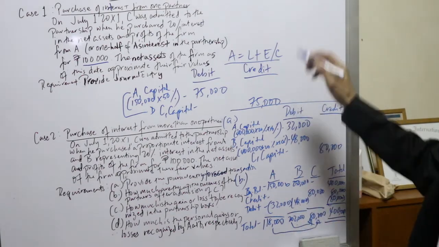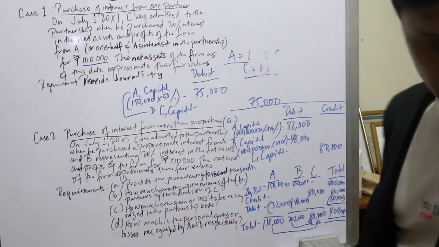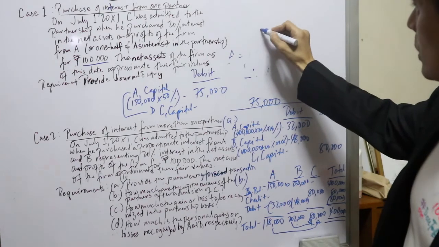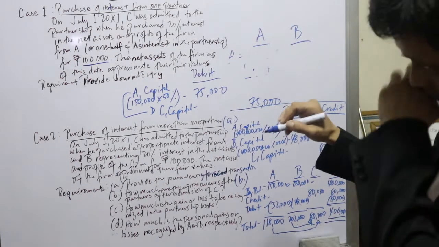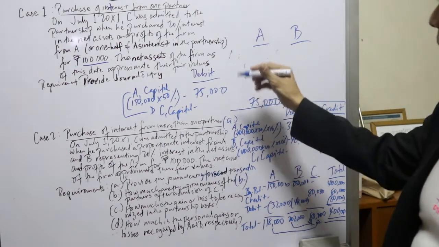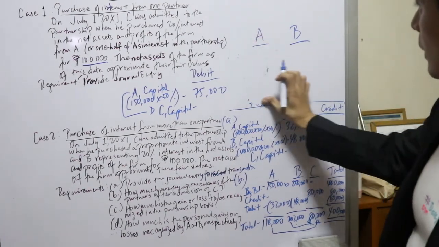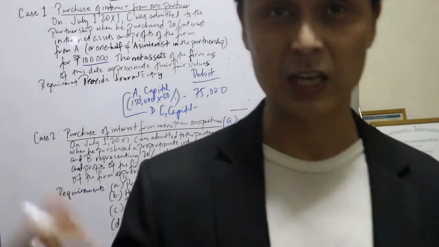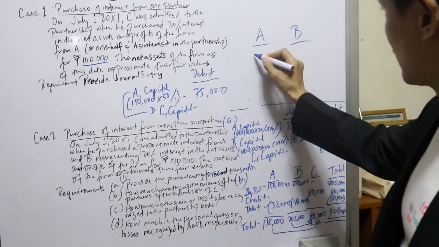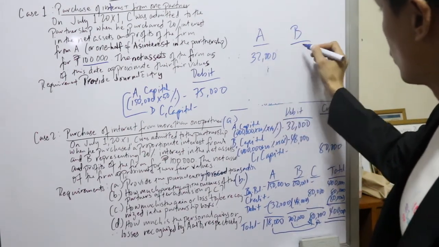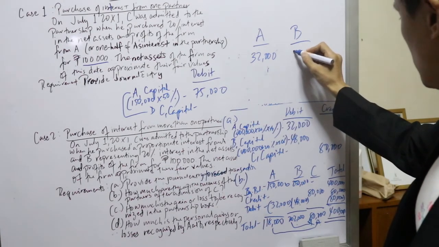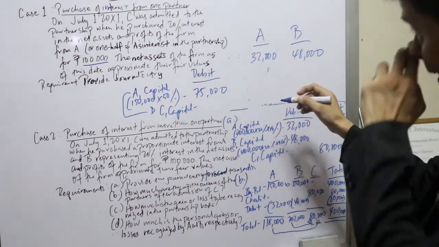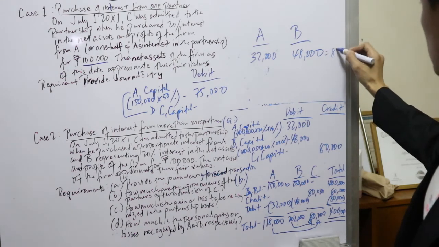So kukunin mo lang yan, no? Yung binibigay kasi ni, this one is A, this one is B. Yan. So ang binigay ni C is 100,000, pero ang binigay lang sa kanya 80,000. So ang binigay lang nila is 32,000 kay A, kay B naman it's only 48,000. Pero ang binili ni C dito is 100,000. So incidentally, this is 80,000.